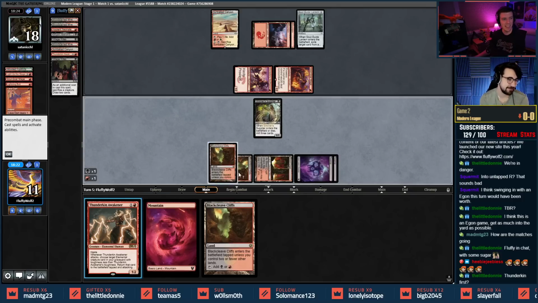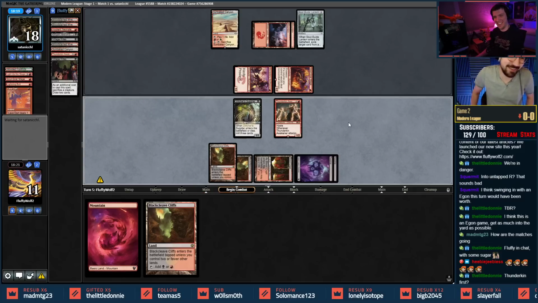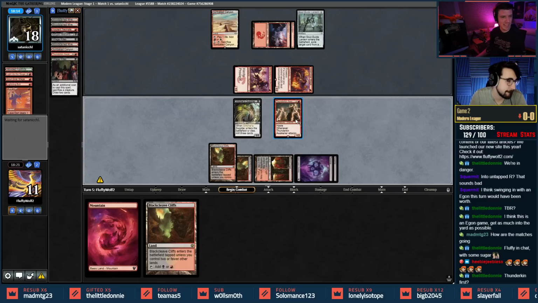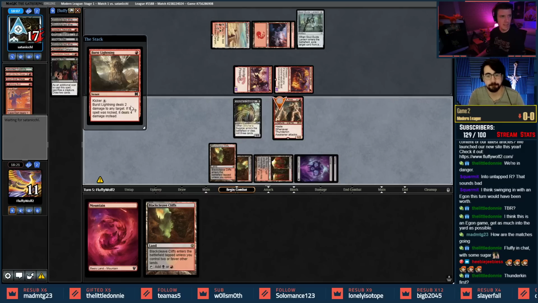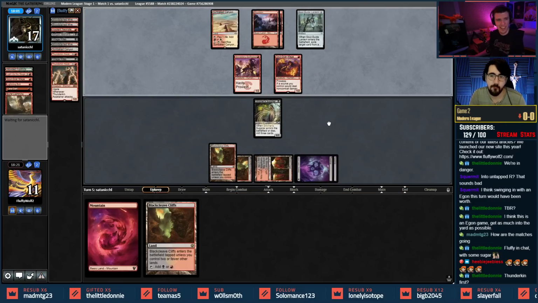I'm gonna just send them both to the dome. To the death. I think they're blocking now. Thunderkin gets back Thunderkin? Is that a thing? No, it's toughness, right? Yeah, less than toughness. Oh, they Burst Lightning us. It's like they saw through the line. I don't know why they Burst Lightning there and not...